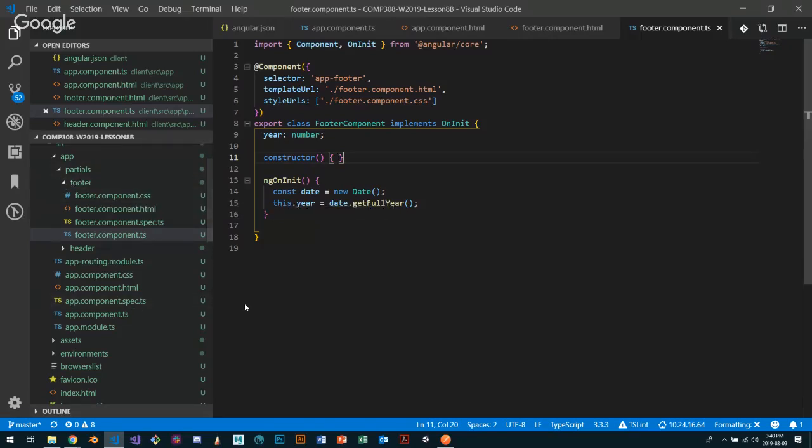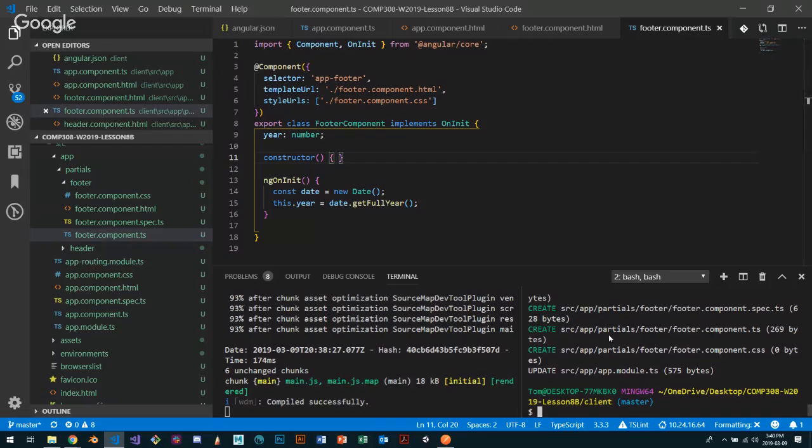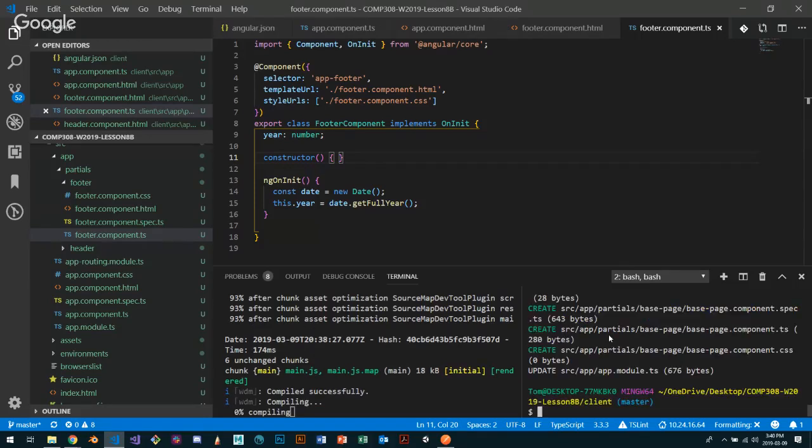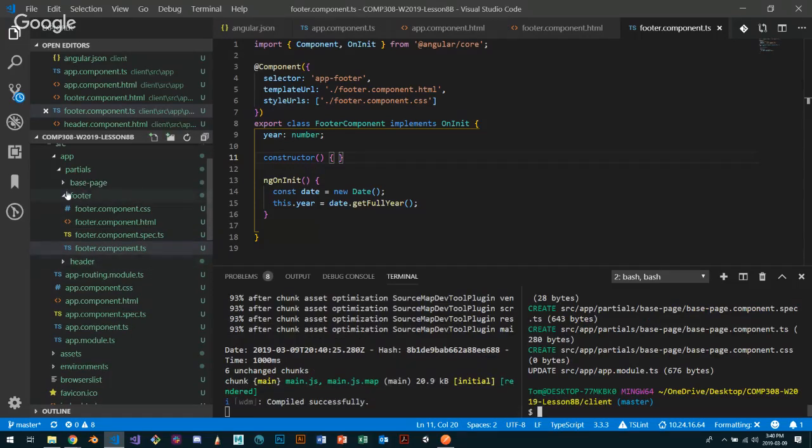So let's do that. I'm going to go back to here, and I'm going to scaffold that out. I want to make a new page. So ng generate a new component called partials base-page. You could also call this master page. It's been called different things. Enter. And then what this does is it generates a brand new